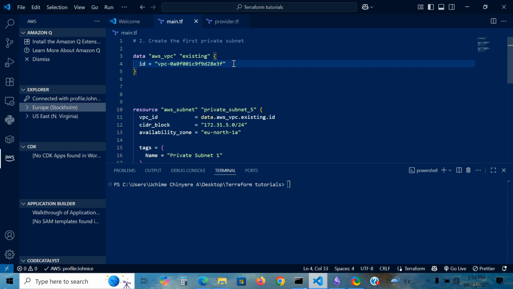I only have one VPC, so I can write existing here. If you have more than one, then you have to find a way to specify that VPC. So in this we're going to say this is going to be the VPC ID, and then